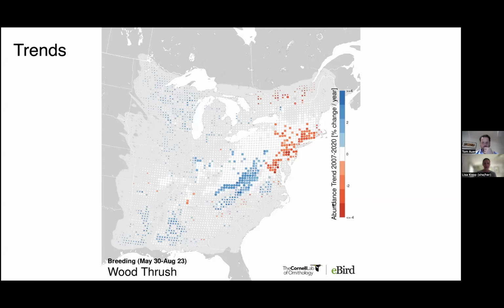Great, thank you. Okay, Tom, somebody has asked a question about the wood thrush population. The abundance between 2007 to 2020, it looks like there's a geographical shift. What could be the reason for that? Yeah, so it does look kind of like there's an east-west shift going on here with wood thrush. And wood thrush is one of the most well-studied species in the eastern forest ecosystem. So fortunately, we have some other evidence to tell what's going on.